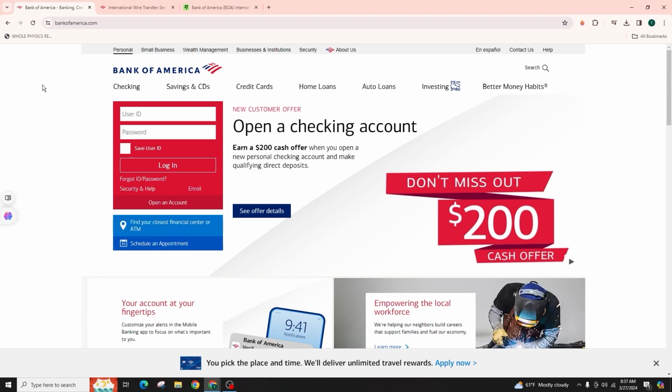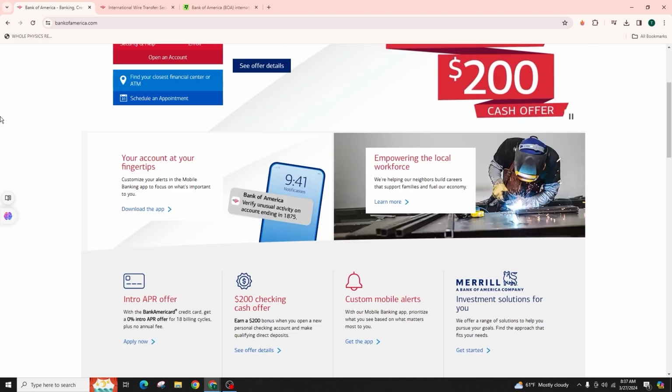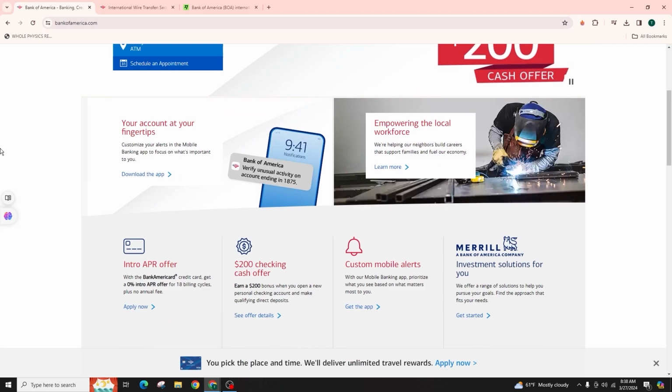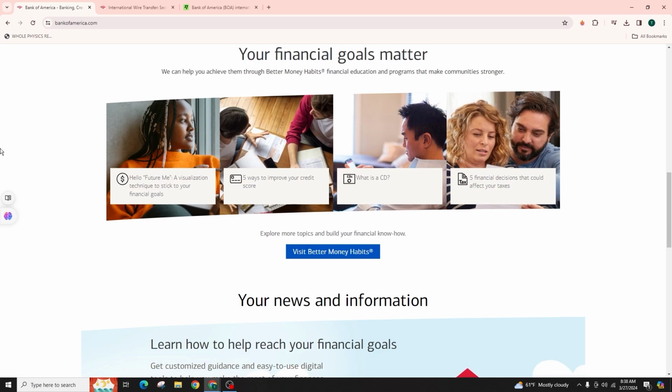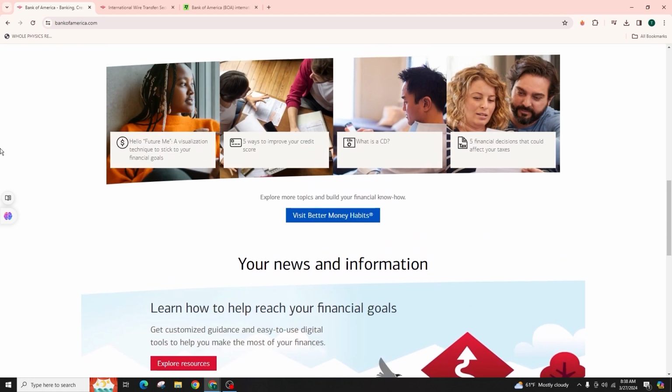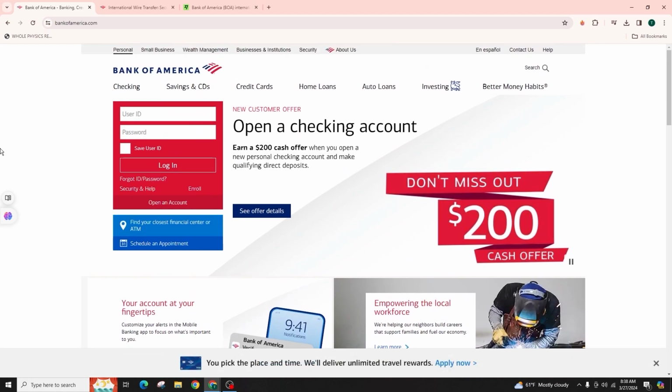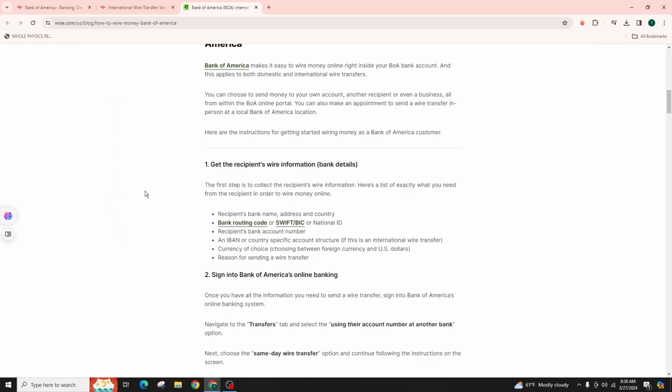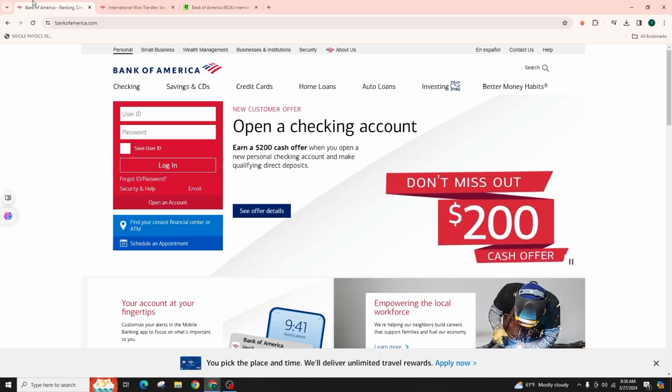This feature is easily accessible on their online banking platform, enabling transfers to over 200 countries in various currencies. So here is a detailed guide on how to carry out the international money transfer with the Bank of America. Before you begin, make sure that you have the correct recipient's bank information and start by logging into the Bank of America online banking on their website, which is